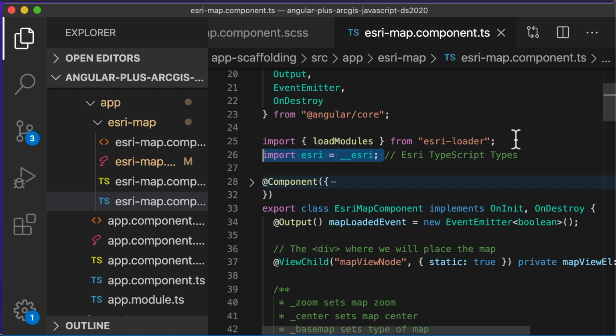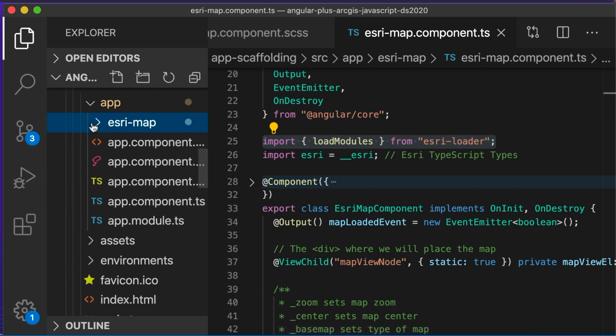And last but not least, you'll see this pattern repeated throughout the next several demos in your main mapping component. Almost all of these repos under sample apps have a mapping component to modularize that functionality, to see how the mapping component more easily interplays with the other aspects of parent components or other components that you have within your application. And you're also going to see this pattern, importing the load modules method, as well as